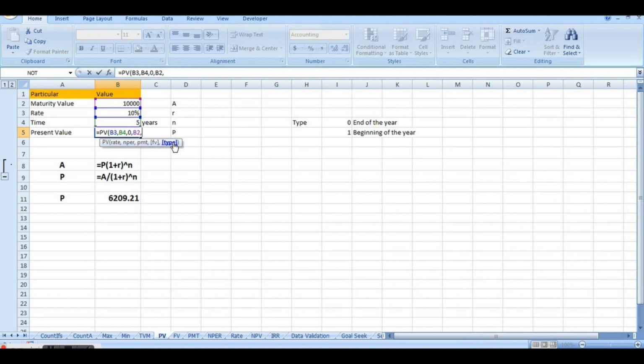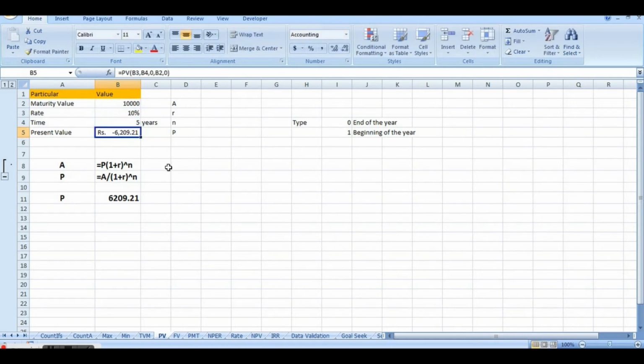Whether you make the loan payment at the end of the period or at the beginning of the period, it makes a slight difference in the amount. If the period of the loan is pretty high, it makes a remarkable difference. Now here, in case of a deposit, we'll assume end of the period, which means when nothing is given to you. You should assume end of the period, bracket complete.